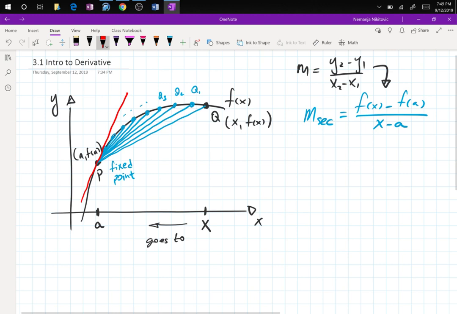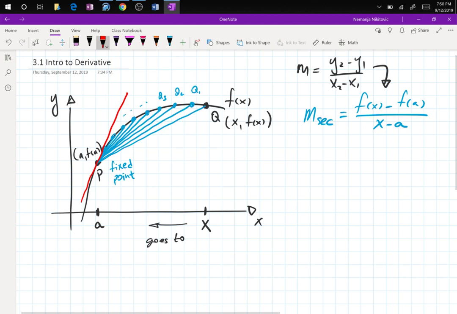And as you can see, the blue line was adjusting to connect P and Q at all times, and then eventually P hit Q, the denominator became 0, but we still have a line there. And then when Q passes, we're still going to have blue lines spawning on the other side. So, what is so interesting about this red line? Well, all of the infinity of blue lines that you can draw on both sides, right,